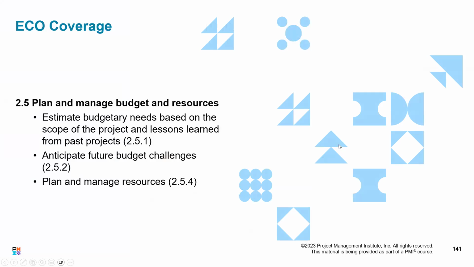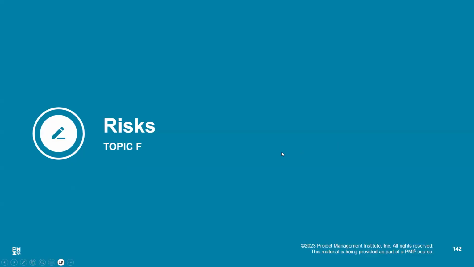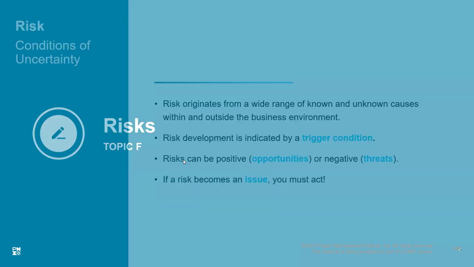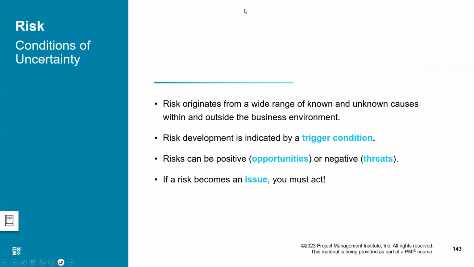I'm sorry for that. Okay, we are done with the budget, and now we are moving on to the risk, right? So ready for that? Okay. As far as risk management is concerned, naturally, there are many terminologies to understand here. First of all, what is risk? Risk is a probability. Risk is an uncertainty. This is likelihood of something good or bad happening, right? We are not sure if this will occur, but there is a likelihood it may occur.